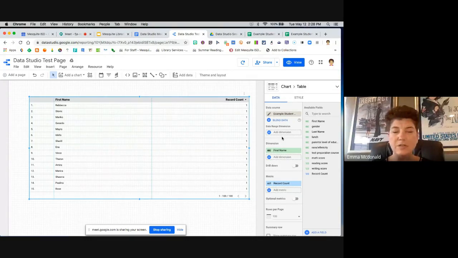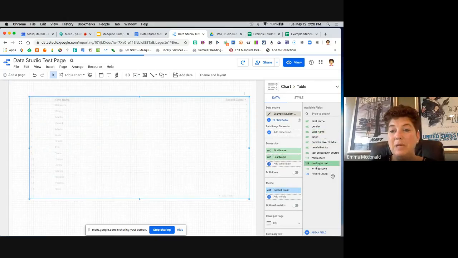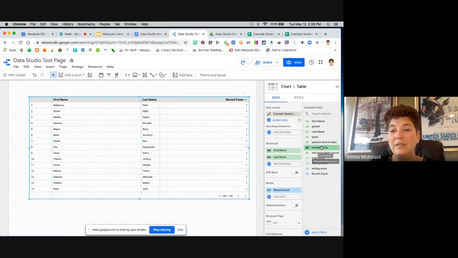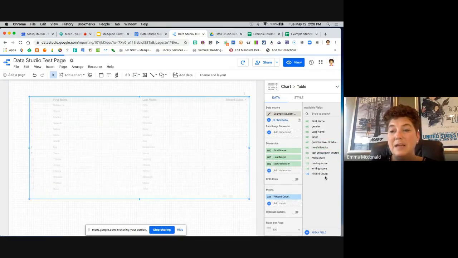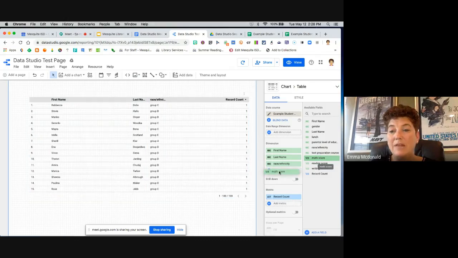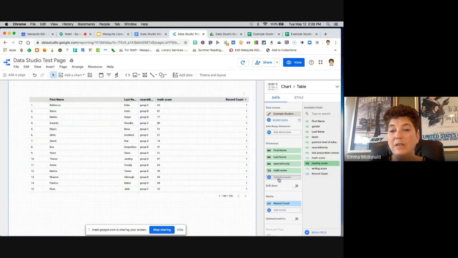So unless you have that, this stays blank. Here are your dimensions to your table. So right now you'll see all I have is first name. I can add additional. So I can add last name. Let's say I want to see the race and ethnicity, and then I want their math score, their reading score,